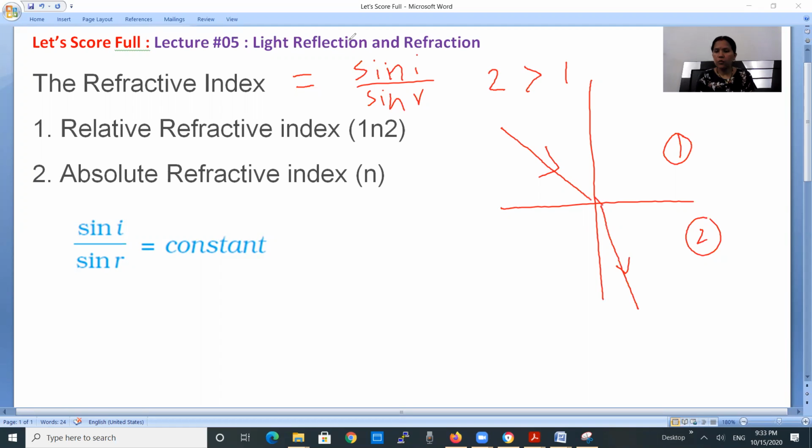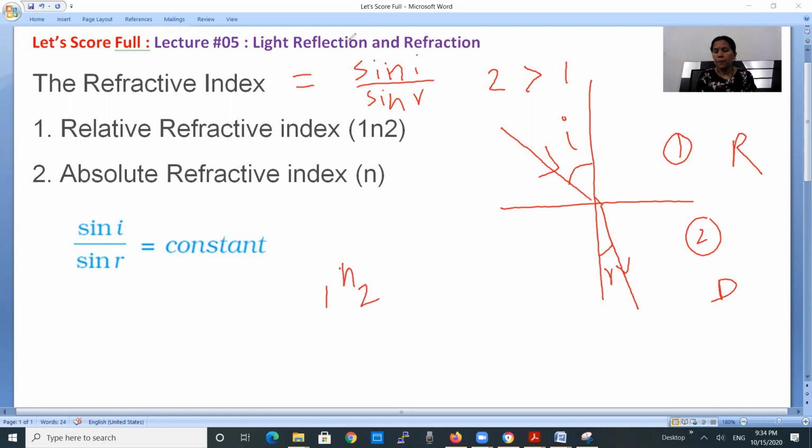Okay? Second one is denser medium and the first one is rarer medium. That is why the light is bending towards the normal. This is incident angle and this is refracted angle. Clear? Okay. So if I say refractive index of medium 2 with respect to 1,